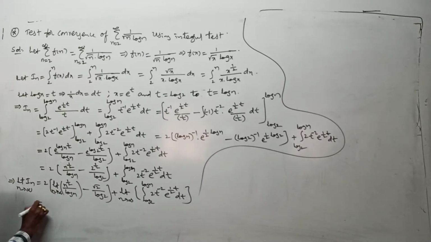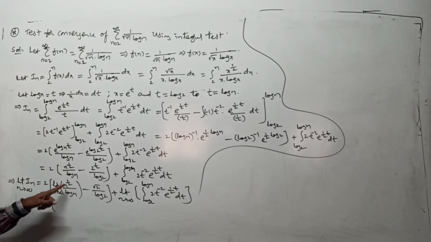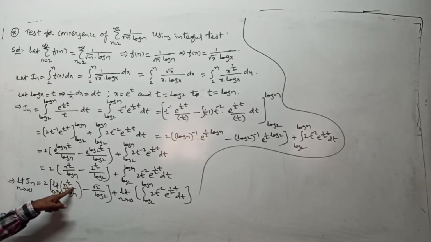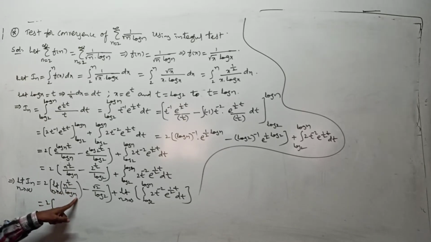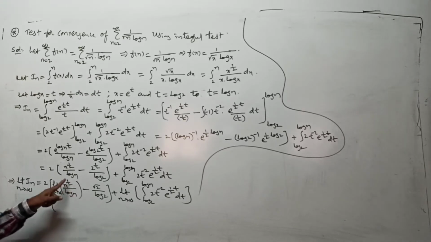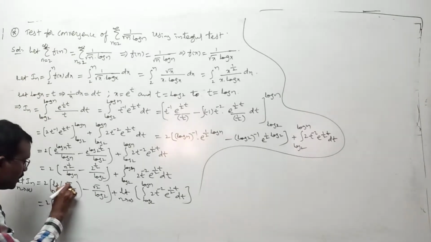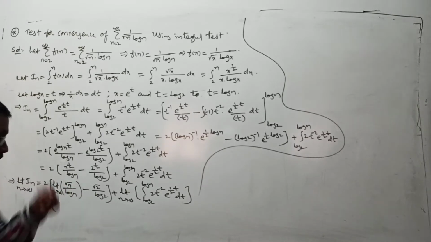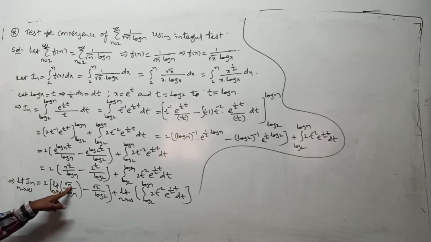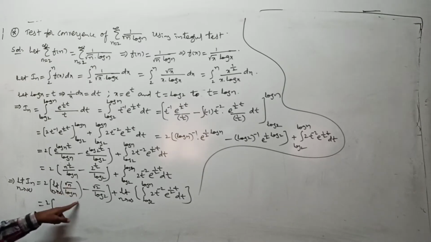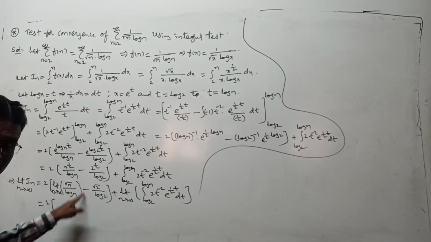Here it is. Actually, whenever you use limit here, ma, it is infinity by infinity form you get, because as n tends to infinity, n power 1 by 2 tends to infinity. Infinity by infinity you got, ma. N power 1 by 2 or root n, one and the same, or not. For my convenience I am writing root n. Any problem is there? Right? Yes. As n tends to infinity, root n tends to infinity, log n tends to infinity. Infinity by infinity. That's why use the L'Hospital rule here.